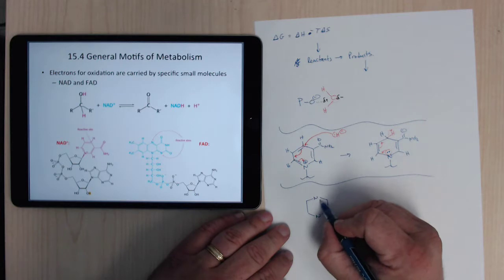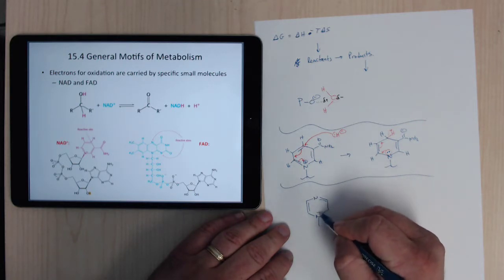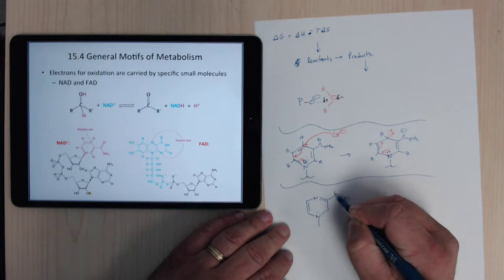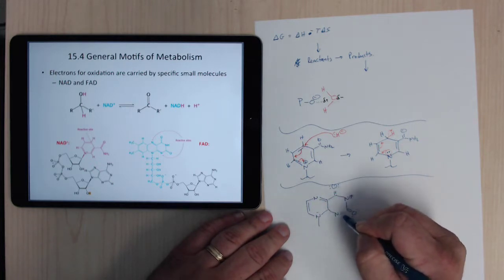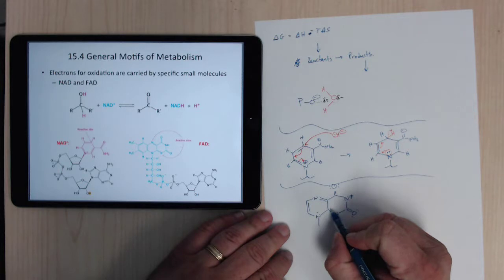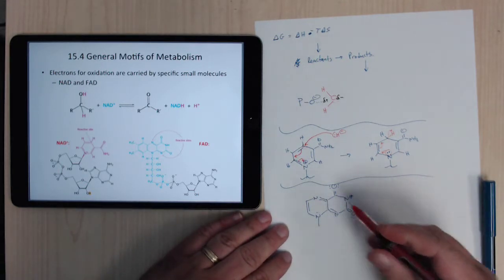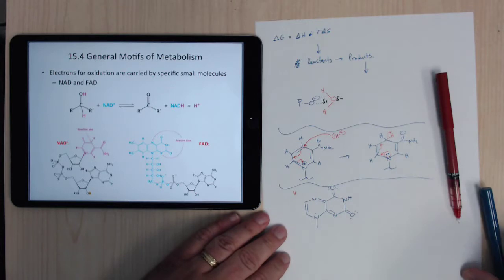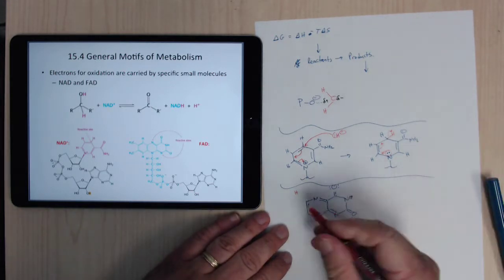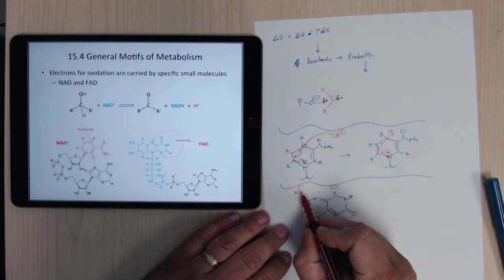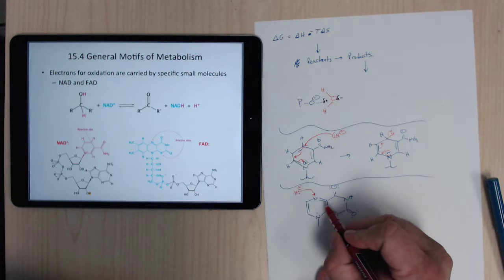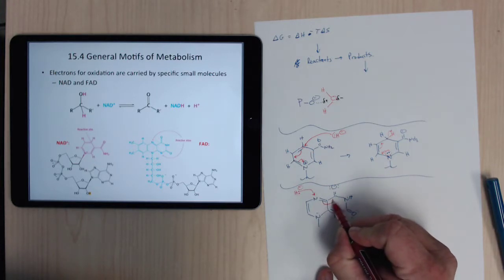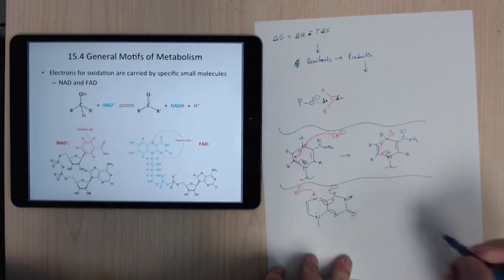Let me draw this. So this one right there. Again, you're going to have a hydride here, and it actually ends up going there. But again, this nitrogen really only wants to have three bonds, so it's going to push these guys there, push that up there. So you're going to end up with